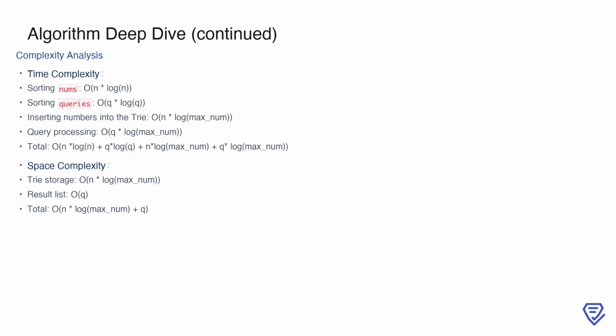Combining these, the total time complexity is O(n log n + q log q + n log max_number + q log max_number). For space complexity, the tree requires O(n log max_number) to store the binary representations, and the result list takes O(q). Thus, the total space complexity is O(n log max_number + q). This analysis highlights the efficiency of the tree-based approach compared to the brute force method, making it well-suited for large